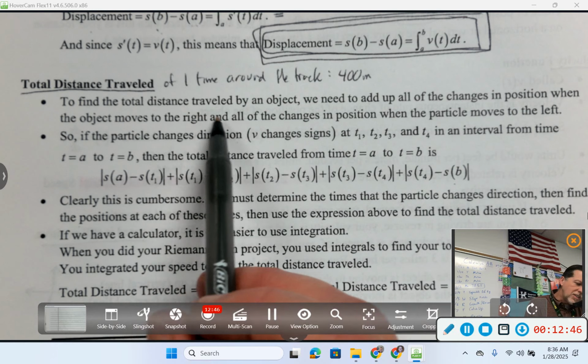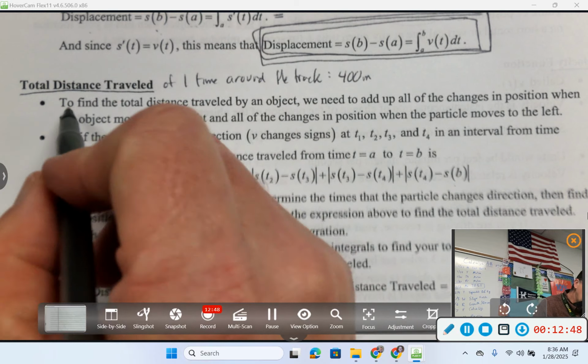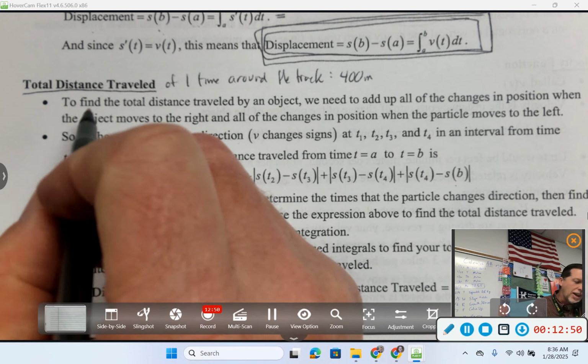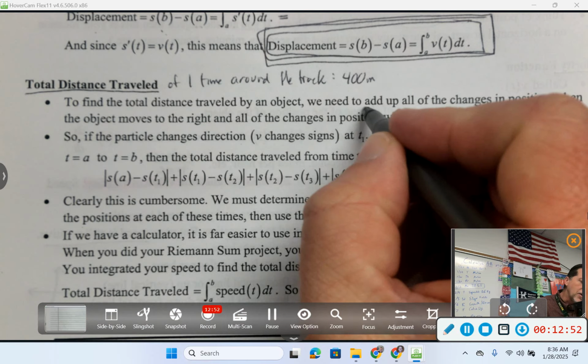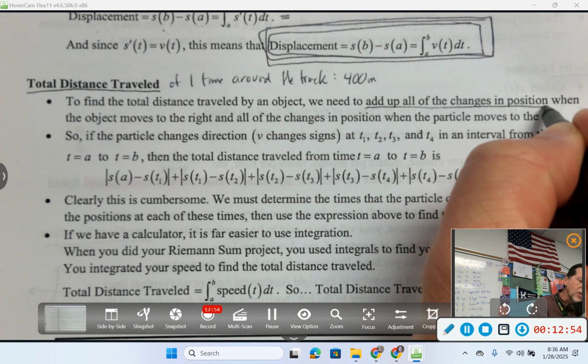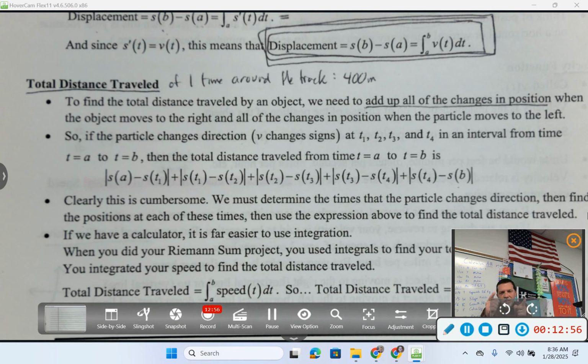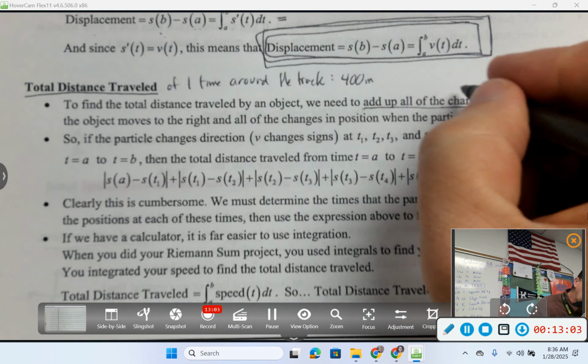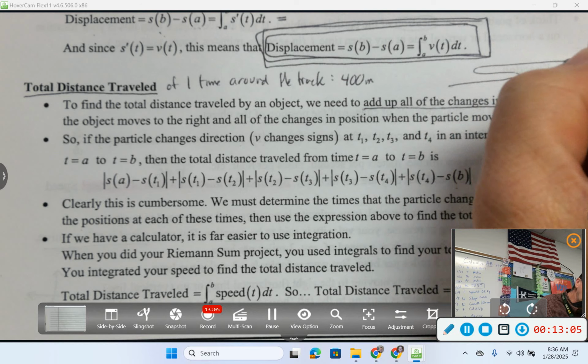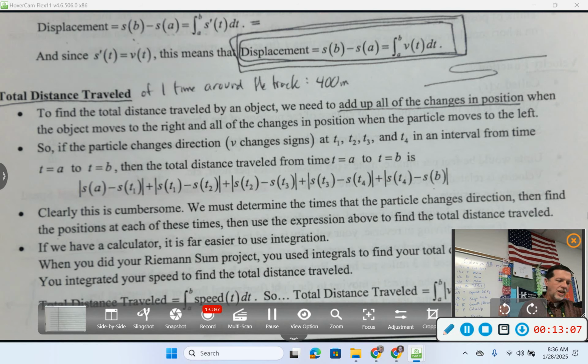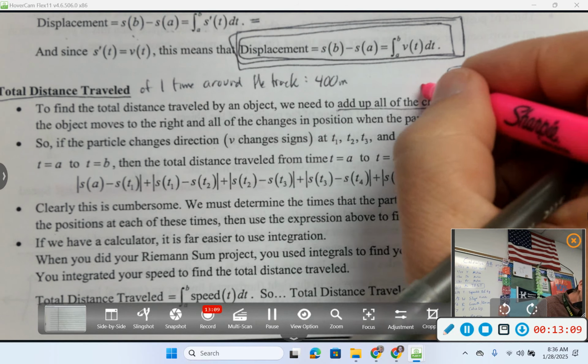Total distance, you might remember this on that test. It's kind of a pain to do total distance because you have to add up all the changes in position. Right? So you have to add up this plus this because the thing was going back and forth. Does that sound familiar? We had to draw out the motion diagram, and you had to add up, well, this